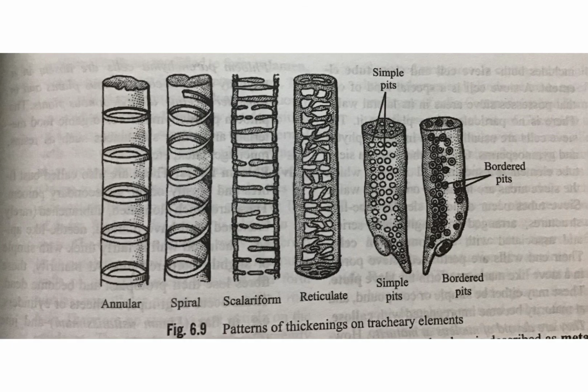Similarly, now I am showing the patterns of thickening on the tracheary elements. मैंने आपको पहले भी बोला था जो lignification होता है, देखो सबसे पहले round structures हैं, फिर spiral arrangement है, scalariform है, reticulate है, similarly simple pits form में है या bordered pits form में है. तो ये सारी lignification शो करता है. ये सिर्फ आपको समझना है, माइंड में रखना है. This is not important for our syllabus. This is a totally extra thing which I am displaying to you.